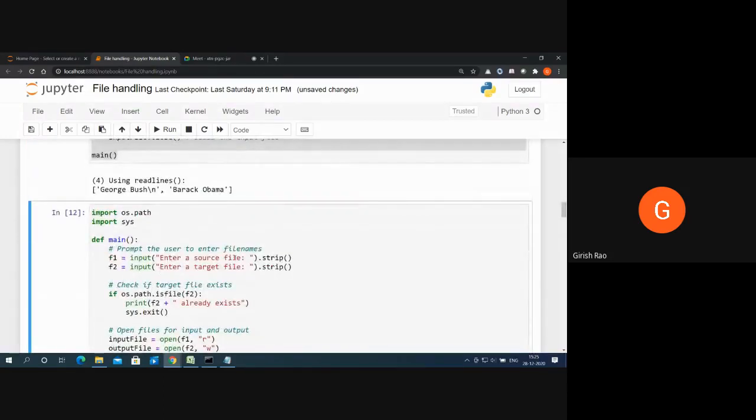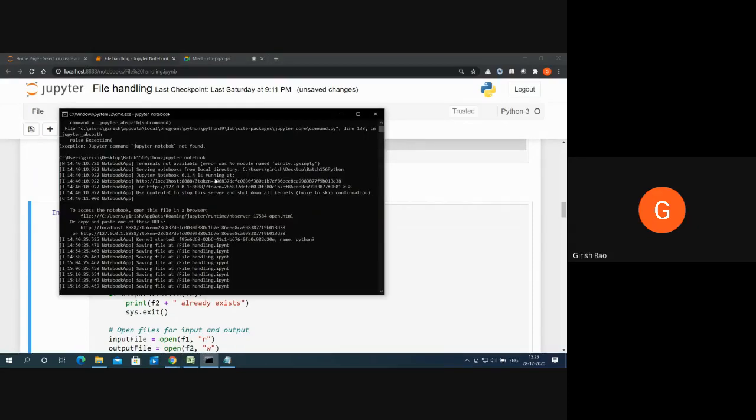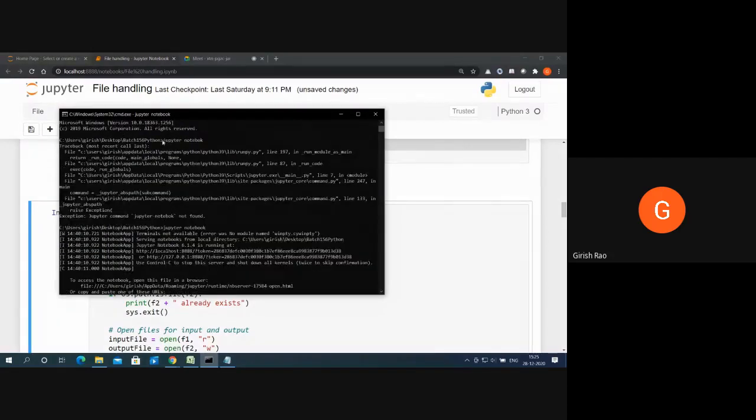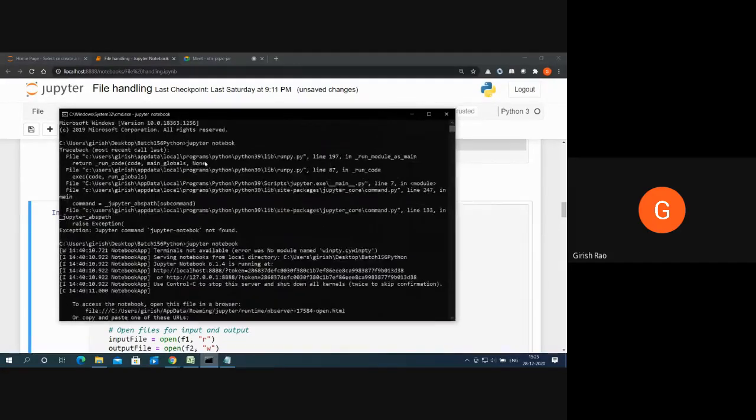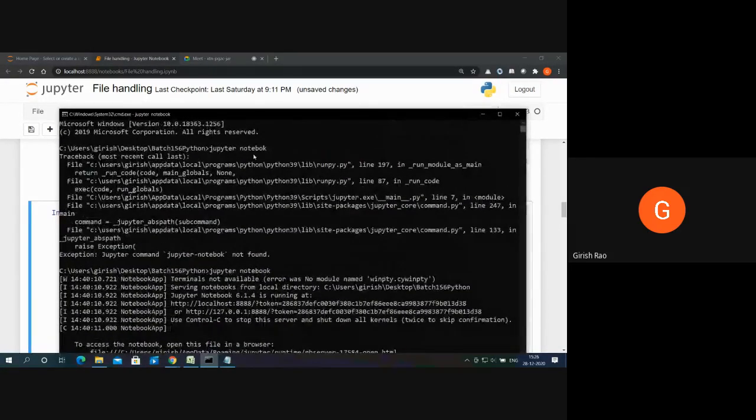Why did it give an error? Because we simply typed president.txt. It will go and check in the directory from where we are running and try to search for that particular file. Where am I running this program from? I started my Jupyter notebook from this particular batch folder, C:user Girish desktop batch 156 Python, and there I said jupyter notebook.